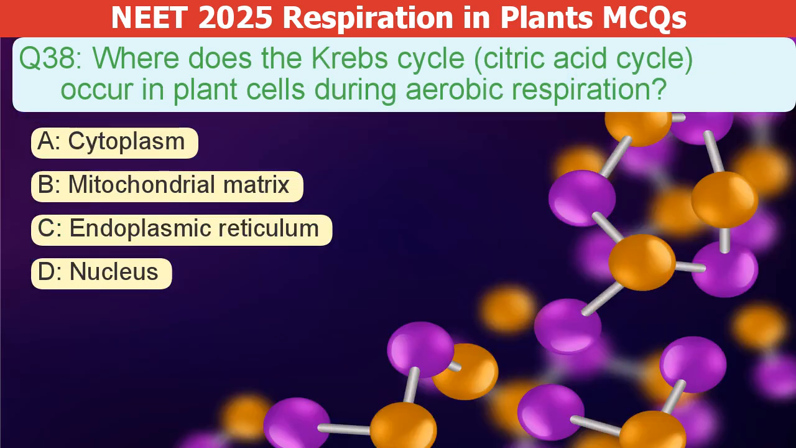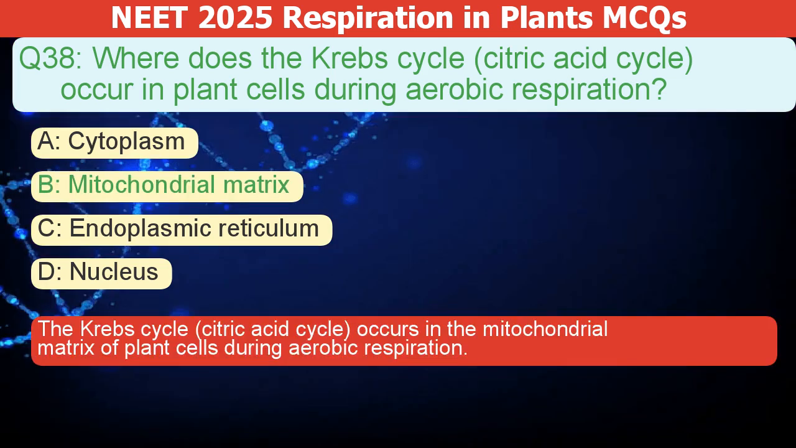Where does the Krebs cycle, also known as the citric acid cycle, take place in plant cells during aerobic respiration? A. Cytoplasm. B. Mitochondrial matrix. C. Endoplasmic reticulum. D. Nucleus. The correct answer is B. The Krebs cycle, also known as the citric acid cycle, occurs in the mitochondrial matrix of plant cells during aerobic